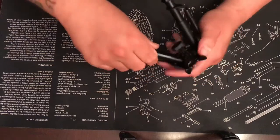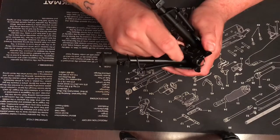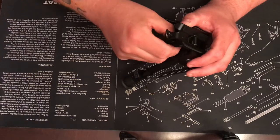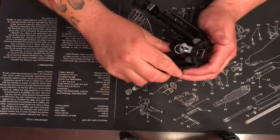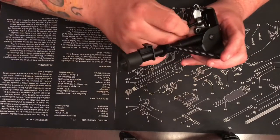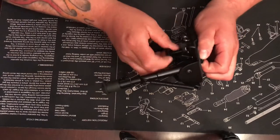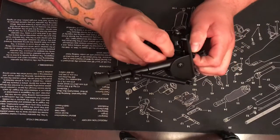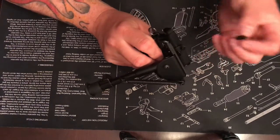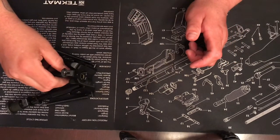Basically, there's a little screw down here with a knob on it. You undo that, and what it does is it gives you the ability to push this up. And this is kind of a cam, if you will. Push these up, and it brings these little teeth apart, basically. And there's a little rubber piece, almost like hose or something, to keep these apart. Okay, and then what you do